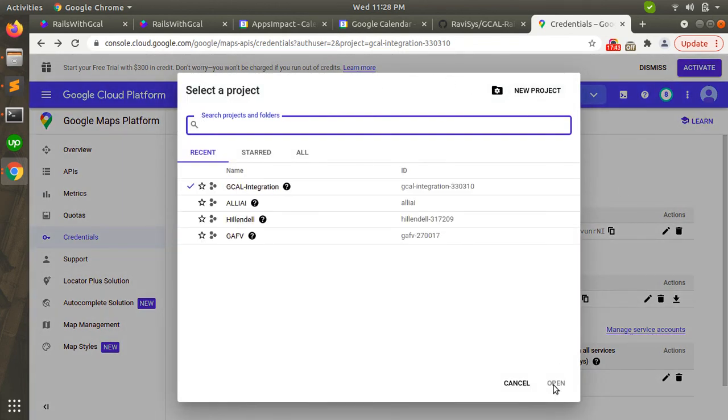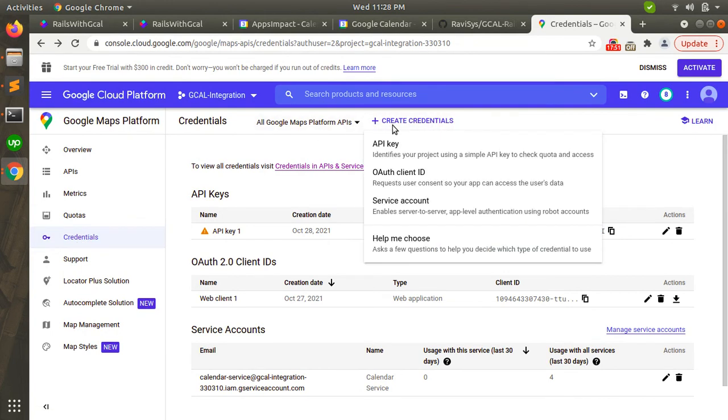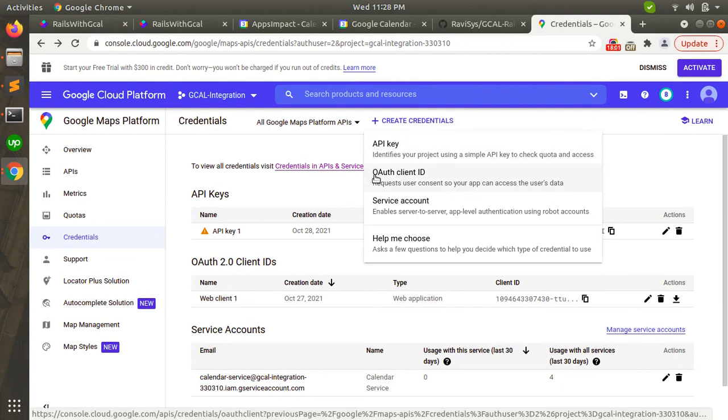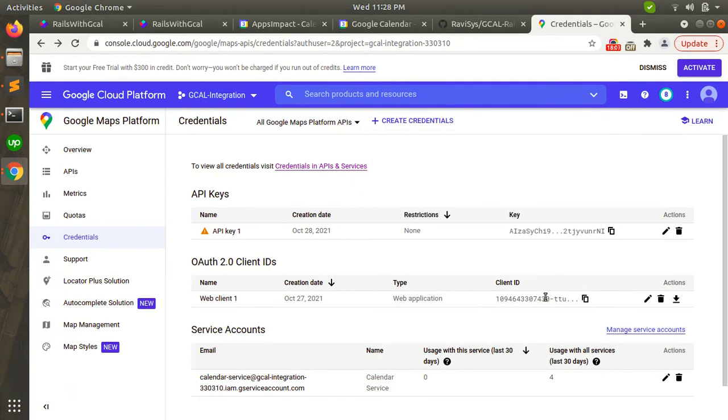Then you can come to credentials, and there you need to click on the create credentials button, and here you can choose API key if you want to use an API key for any purpose, or you must use an OAuth client ID, and that will give you a client ID and client secret.